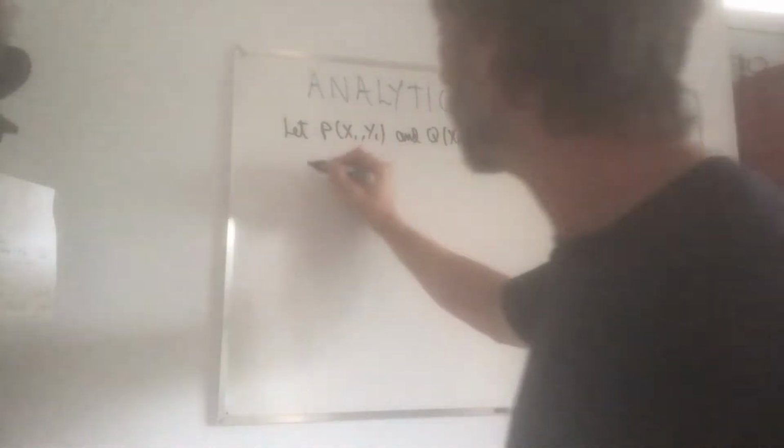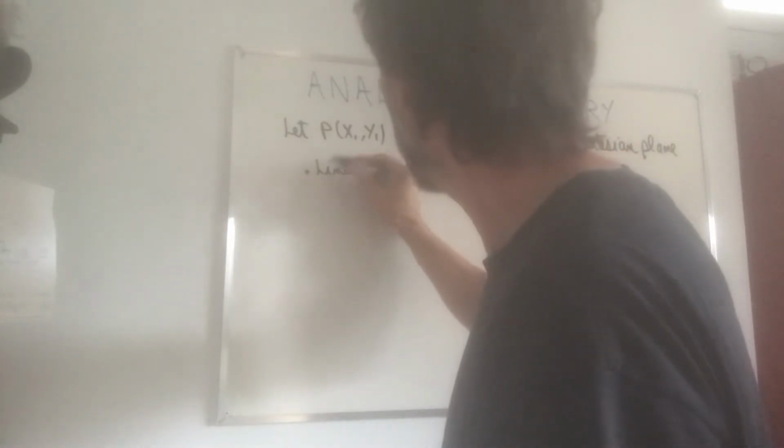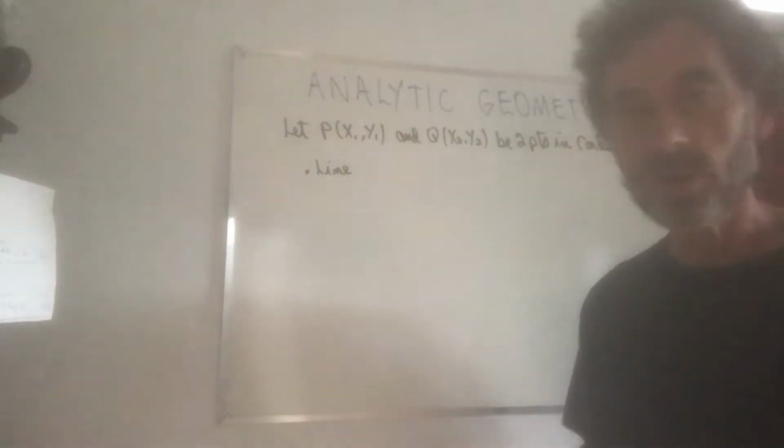Well, the first thing that I want to talk about here is the line, right? The line that actually passes through these 2 points. The line through P and Q,